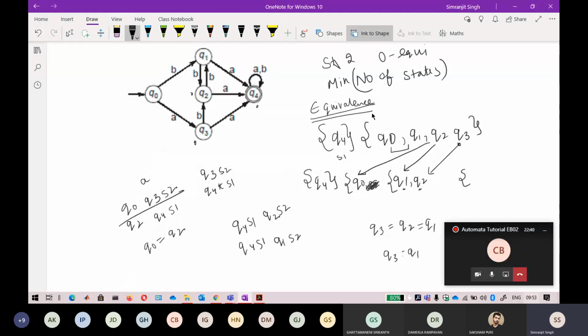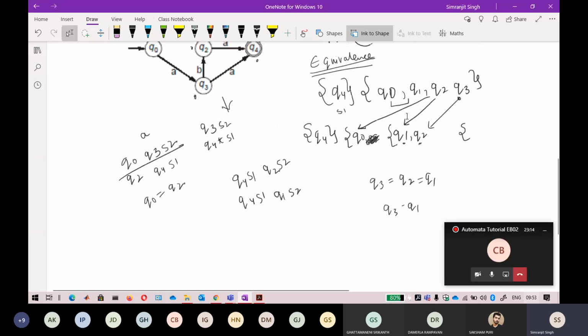If you are not able to do a transition table, you can directly do it by this method. I think it will take very little time. If the automata is very big, like 5-6 states, it will take very little time if you do not draw a transition table. But I don't suggest that, because by drawing a transition table you can ensure that your automata is always correct. You need a little bit of practice on different questions to do it without a transition table. The answer is given in the chat box, and I will post the solution at the end of the day also, so don't worry about that.